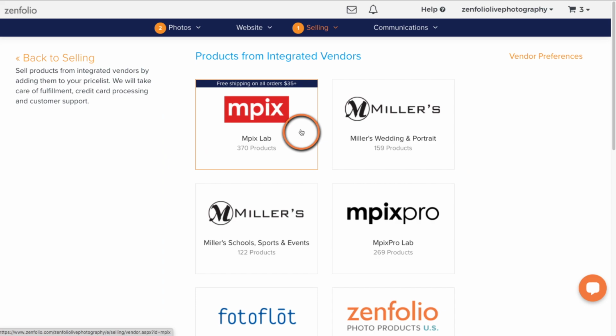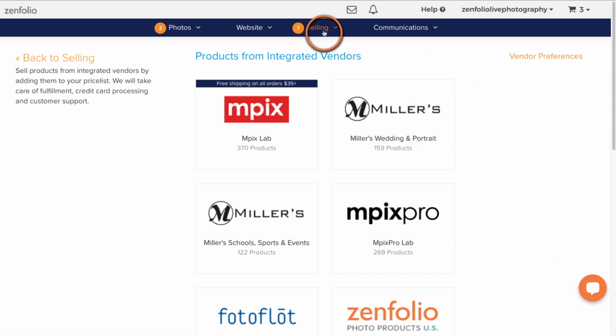The order revenue for the cost of the products and the shipping cost that your clients pay is going to come out of the order and go directly to the lab to pay for the products and the shipping. Zenfolio's service fee is going to come out and go to Zenfolio. The profit from your order is going to be deposited into your Zenfolio account, which you can then make a payout request for at any time you wish. You can request a payout as many times as you want. There's not a set amount. There's not a fee to do it.